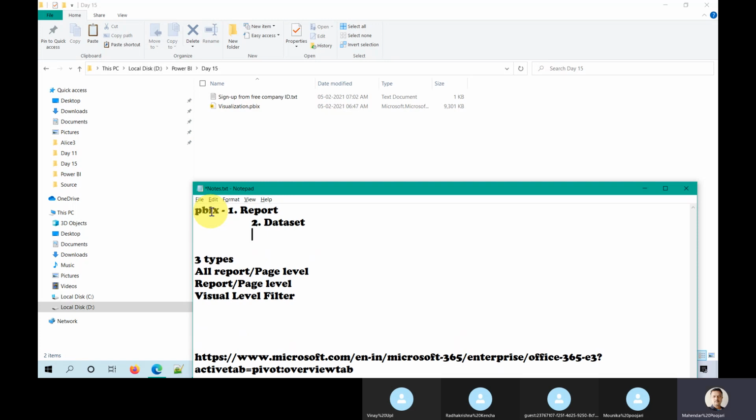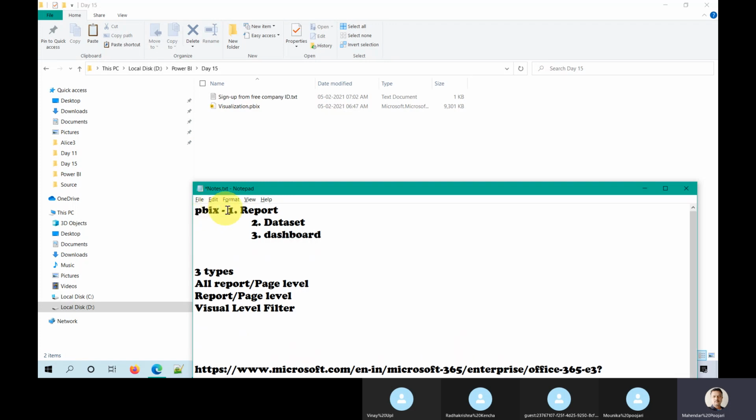Now in the latest update, it is also automatically creating the dashboard. Yesterday we saw that previously it was not there. The recent updates give three. Once you publish the Power BI file, automatically in the Power BI service you will see these three. One is the report, the other one is the dataset, and this is the dashboard. We will come to the dashboard later, but first, what is a dataset?